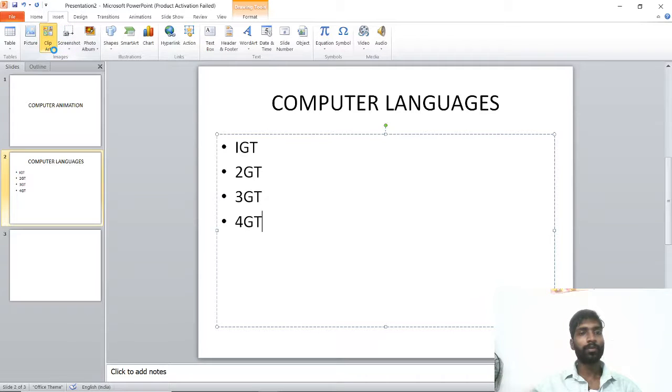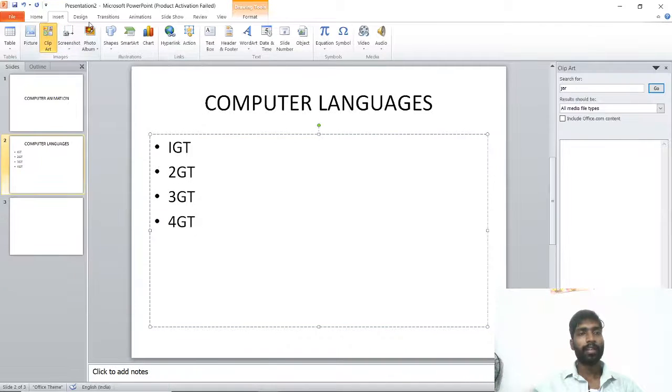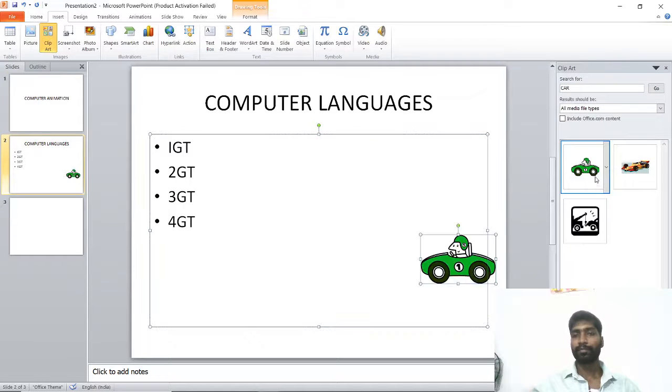Insert clip art. So I am going to insert a car. So this car I have inserted.